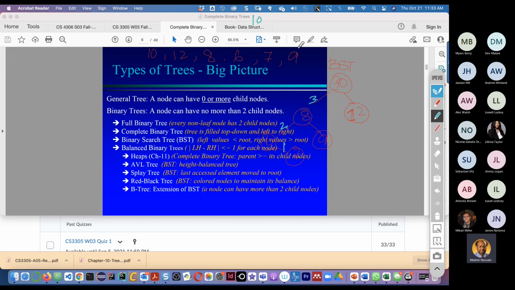Now, if I encounter a different data set, for instance, I have 10. Then 10 I put this way, and the next value I put is 12. The 12 goes to the right side, and the next value I get is 14.